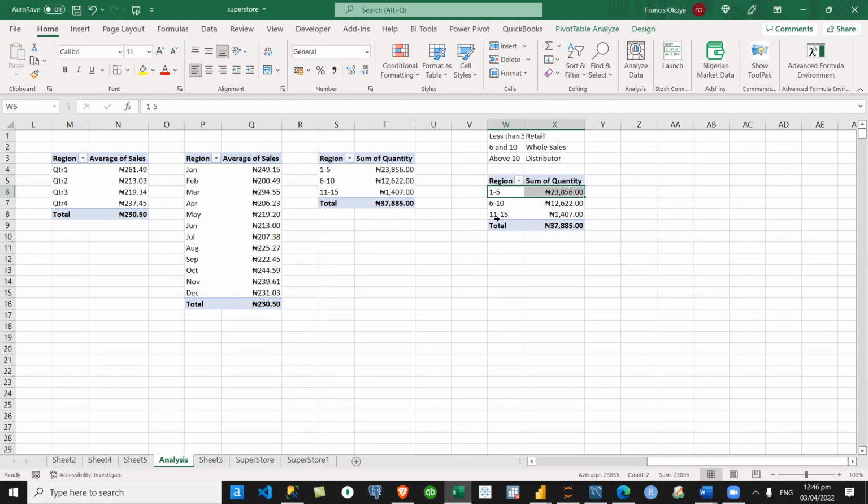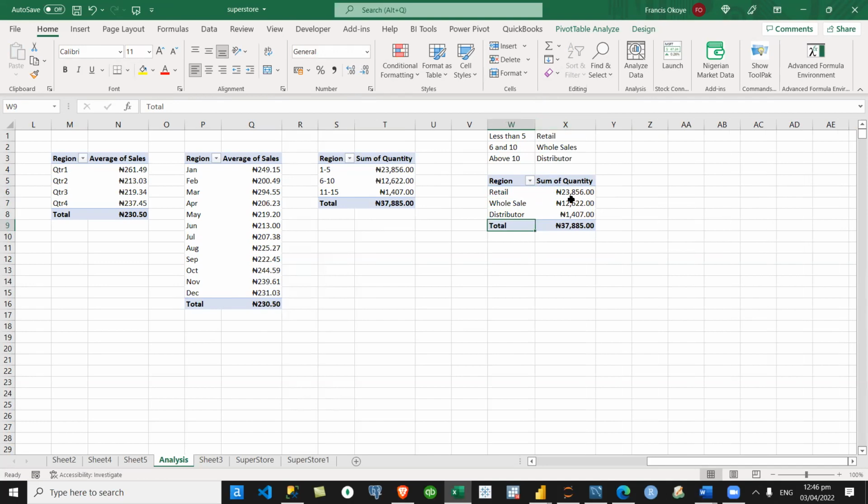Now this 1 to 5, I'll call it retail. 6 to 10, I'll call it wholesale. Then above 10, we'll call it distributor. Can you see that now?